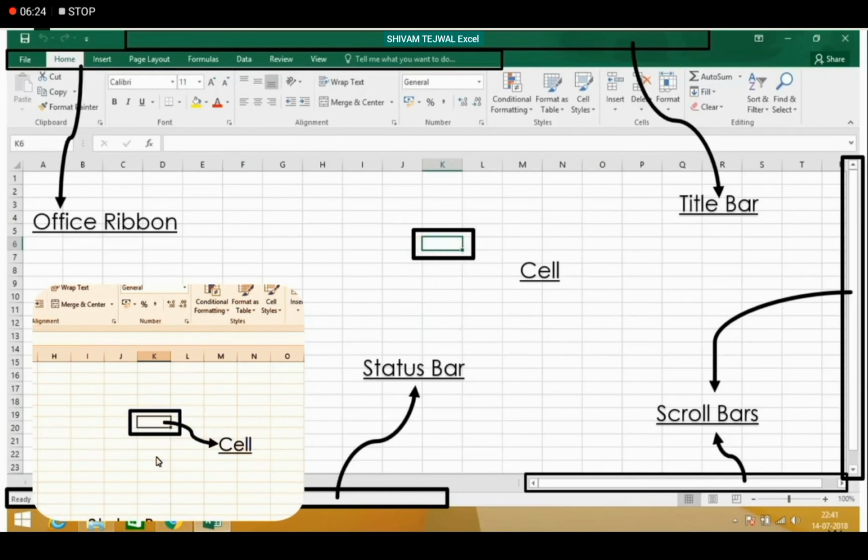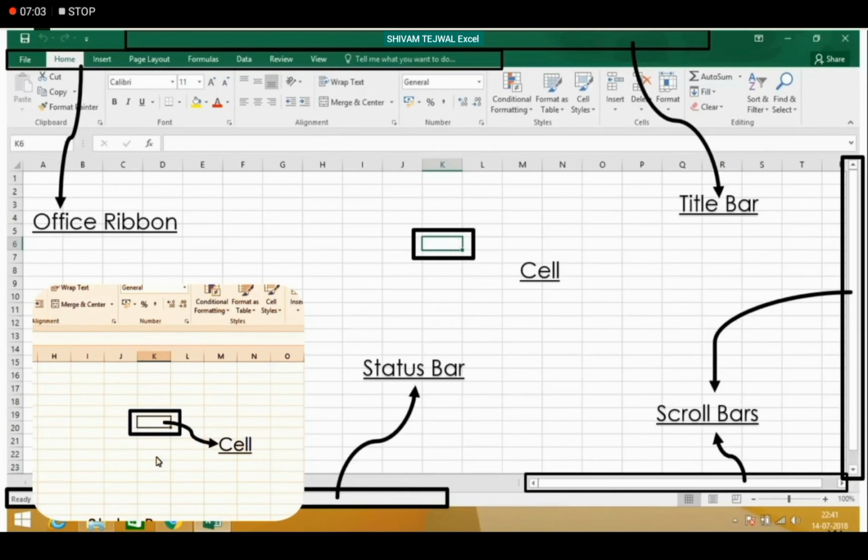So it means whenever you click on any cell, then that cell is called active cell. Every cell in a worksheet has its cell address. As you can see, K6. It means K6 is the cell address of this cell.